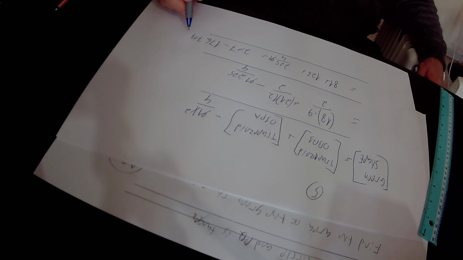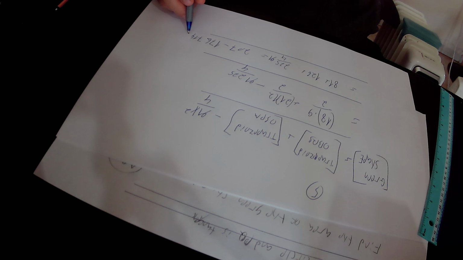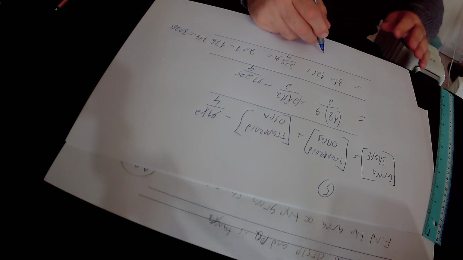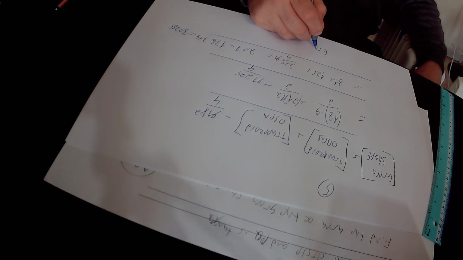So 207 minus 176.714 equals 30.285 square units. In conclusion, we found out that the area of the green shape in total